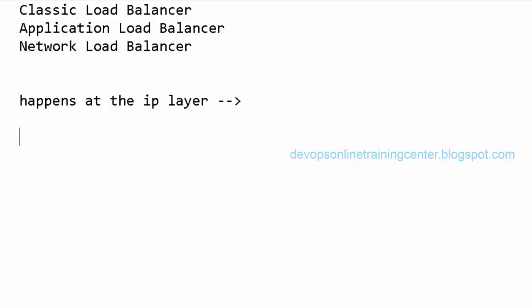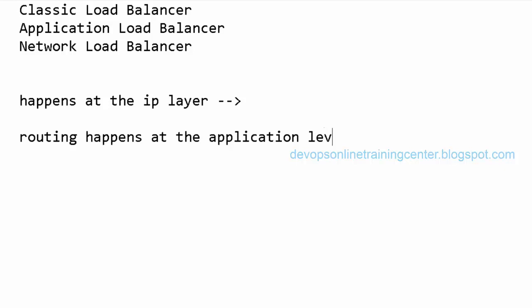In the application load balancer, the routing happens at the application level. This is also called context-based routing. You would have seen something like IBM.com. When you hit IBM.com, it goes to one URL.